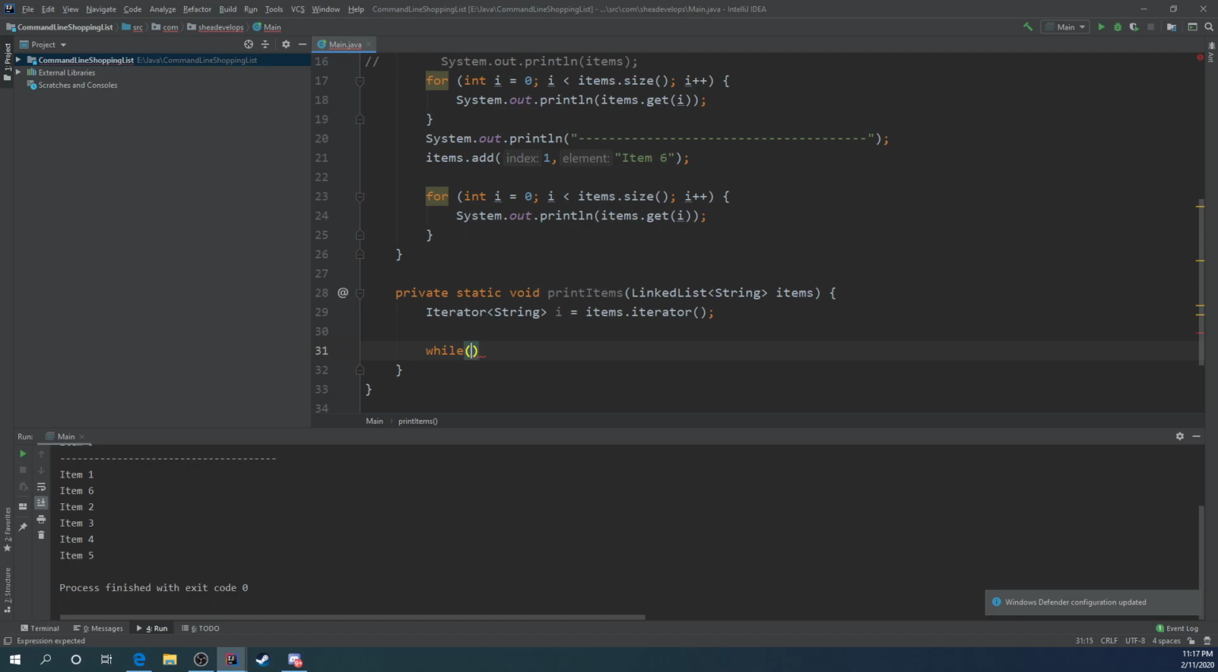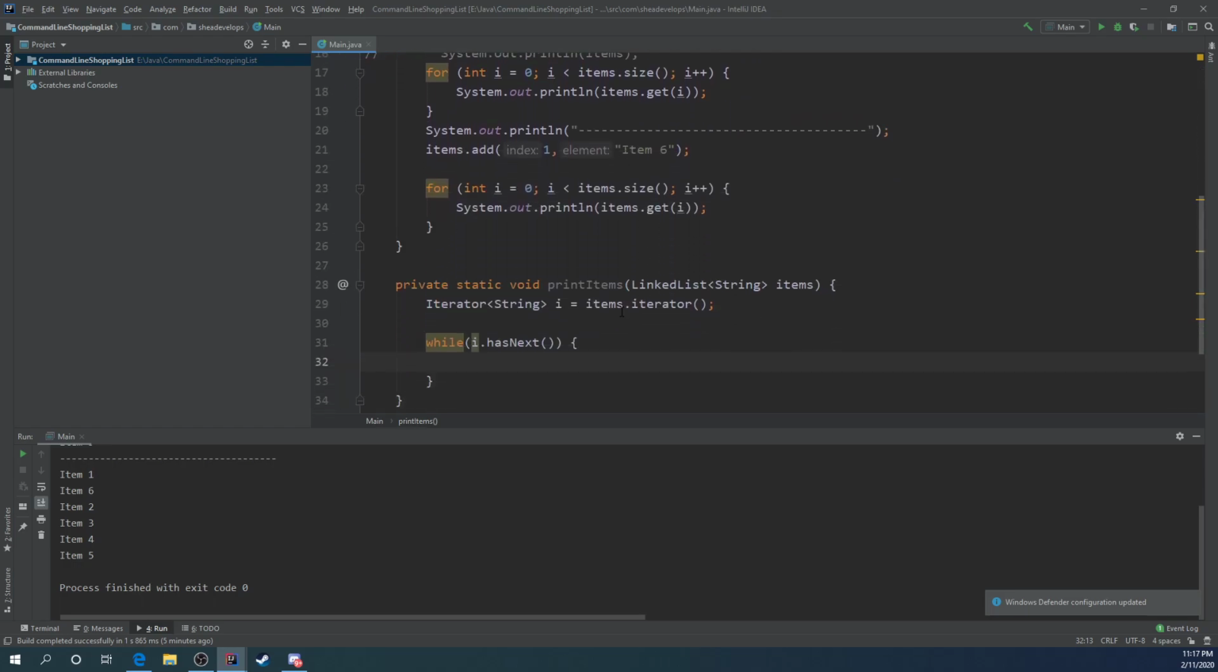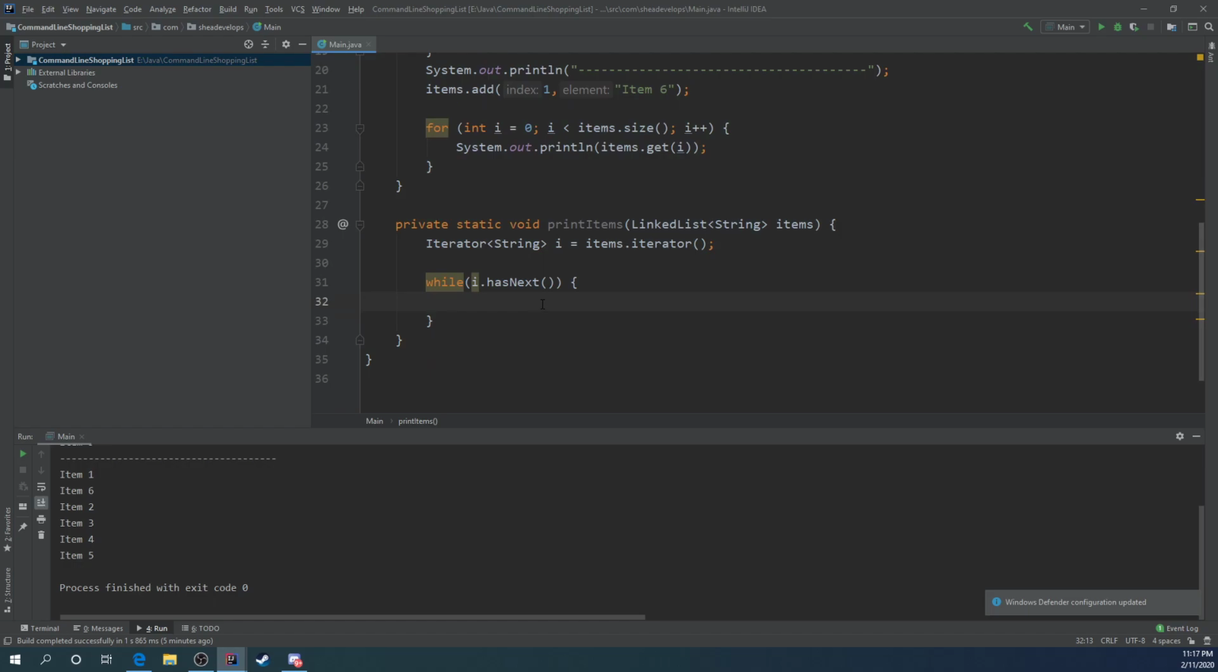So we do while i, which is the name of our value here, which is an iterator, dot hasNext, which is going to output a true or false value, because we know from the while video that we created that a while takes a true or false value, just like any other if-then or if-else statements that we have. So while i dot hasNext, meaning that while one of these items still points to another item below it, that's going to output true. So now we're going to output